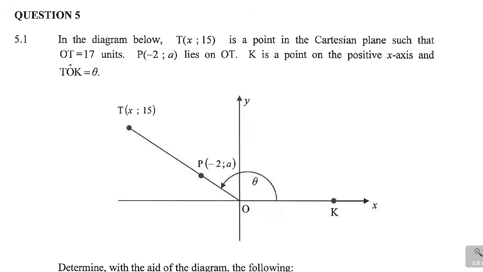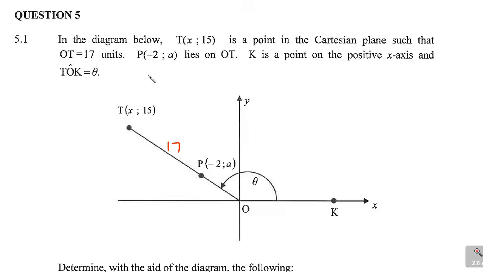This question 5.1 says: in the diagram below, T, which is (x; 15), so you can see we've got T here and we've got x, and 15, is a point on the Cartesian plane such that OT is equal to 17 units. So we've got this OT, that distance, they're saying it is 17 units. So if I can mark that, we have that distance being 17 units, and then they're saying P, which is